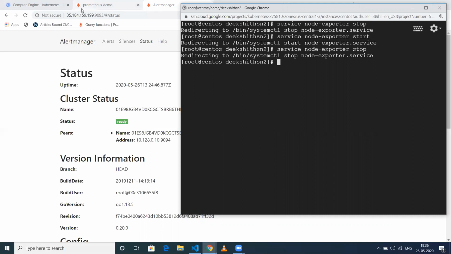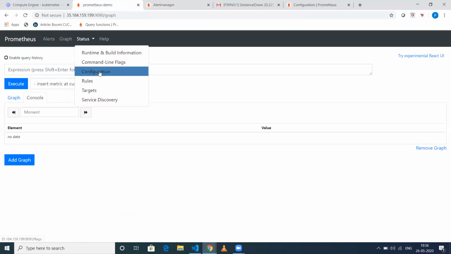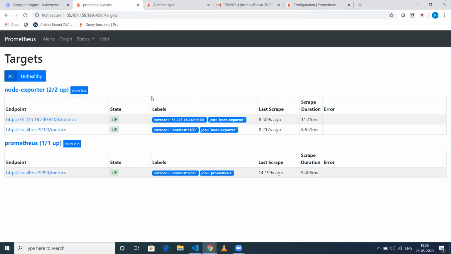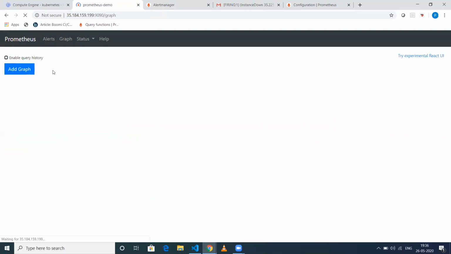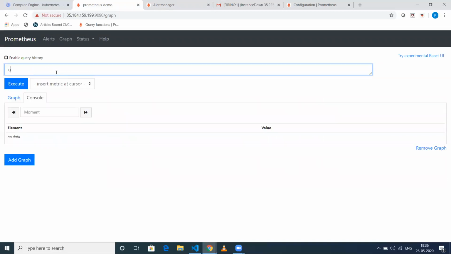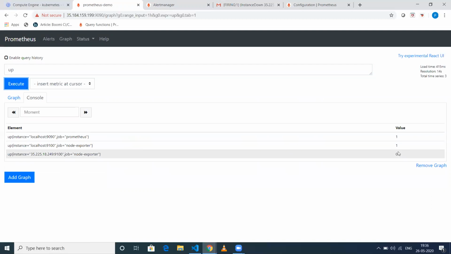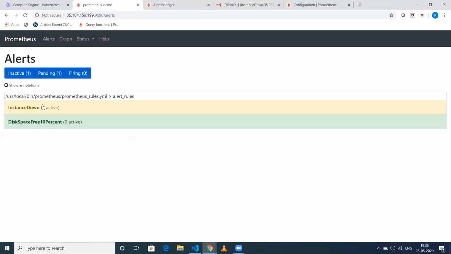When I stop this one and go back to Prometheus and click on targets, this should be down. It will take a couple of seconds. Let us reload again and again. Now you can see it is down. And when I go back to the Prometheus query and click up, I should be able to see one value as 0. Okay. Now we will go back to alerts, and as you can see, it is in a